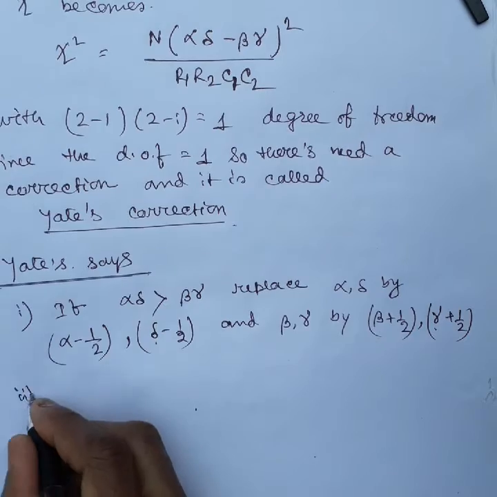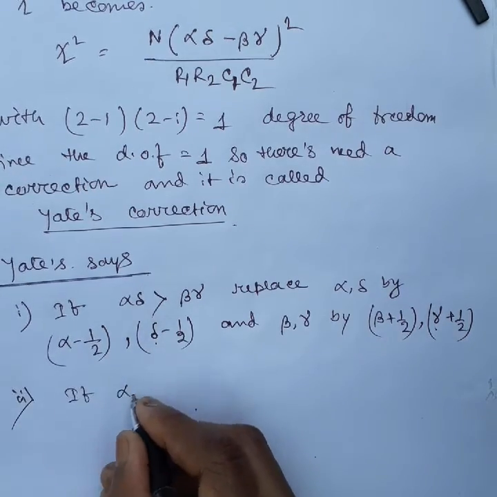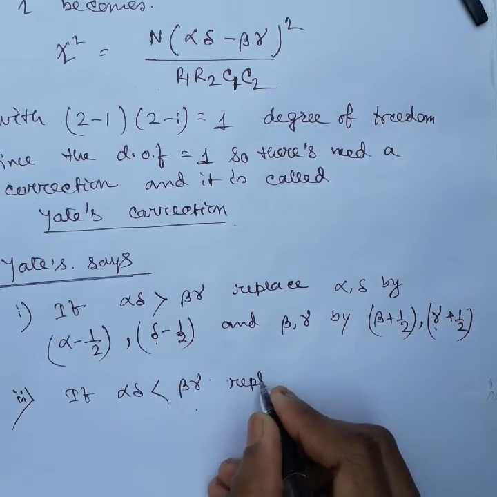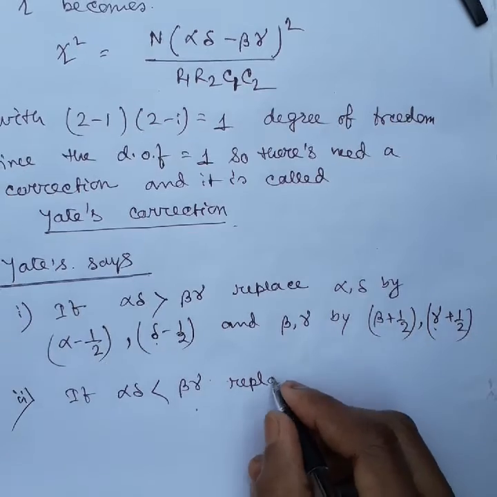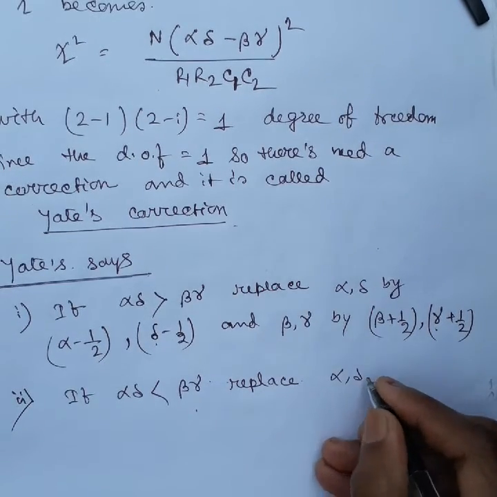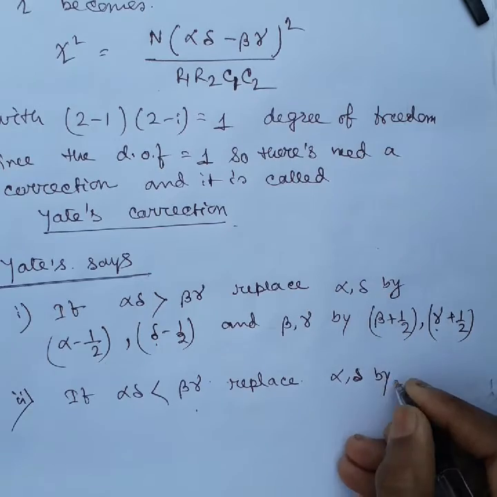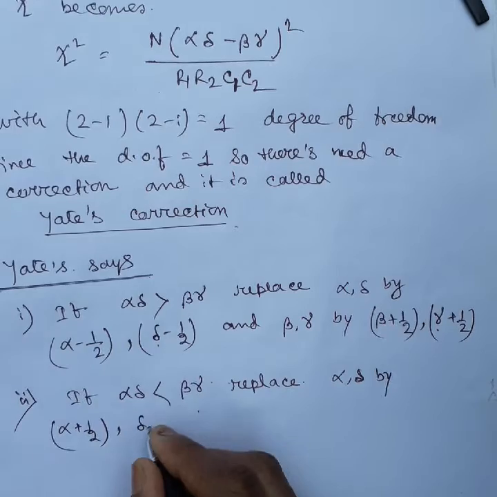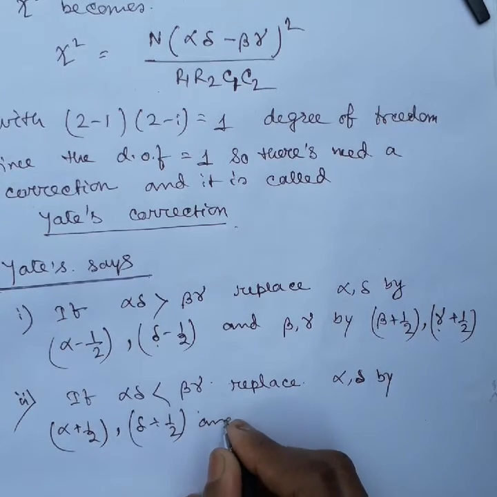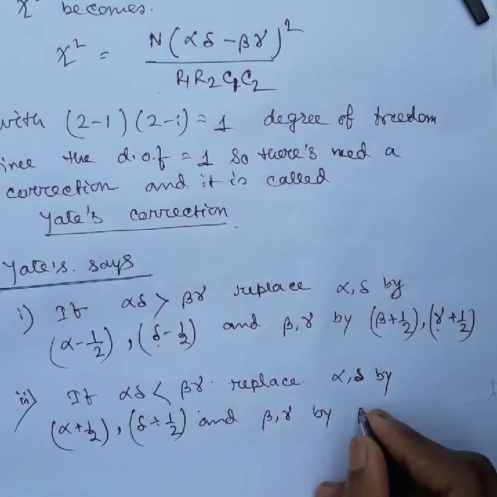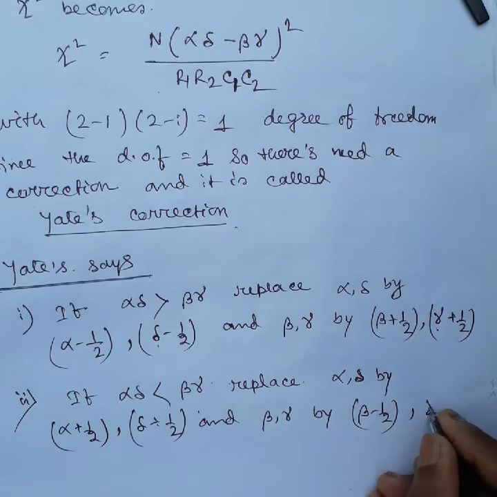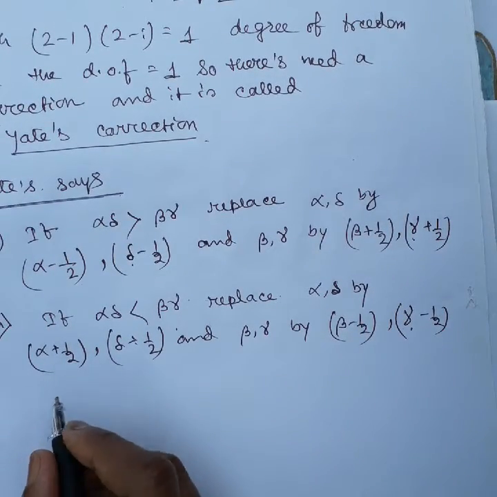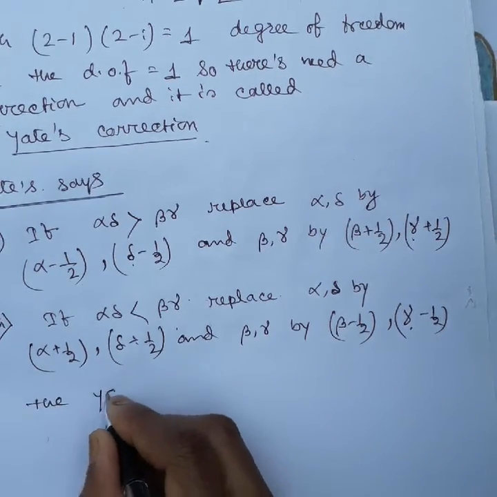And number 2 case, if alpha delta is less than beta gamma, then replace alpha and delta by alpha plus half and delta plus half, and beta and gamma by beta minus half and gamma minus half. Okay, so the Yates correction